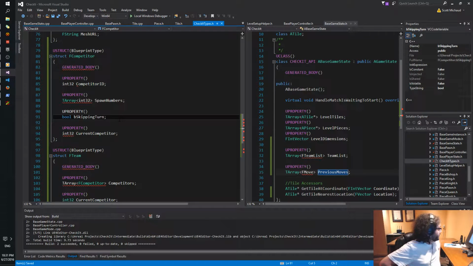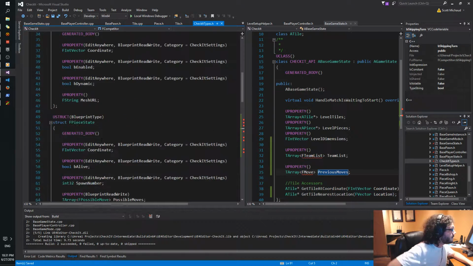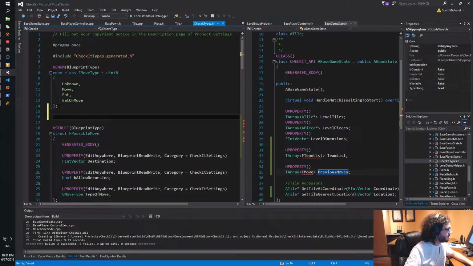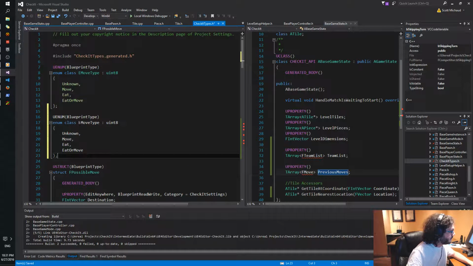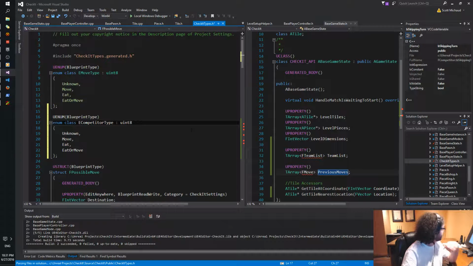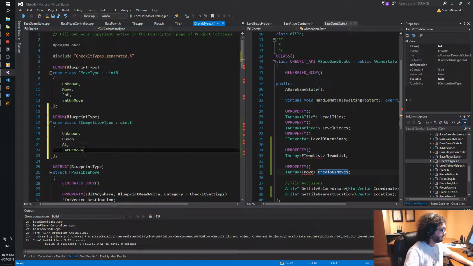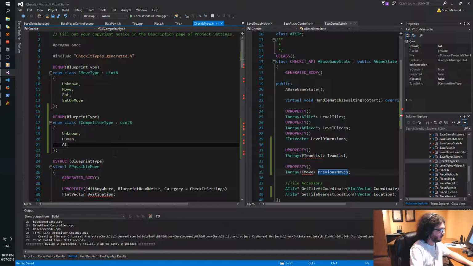And then we'll have a competitor type, ECompetitorType. Unknown is our zeroth entry. Human, AI. I think that's all we want to do right now.